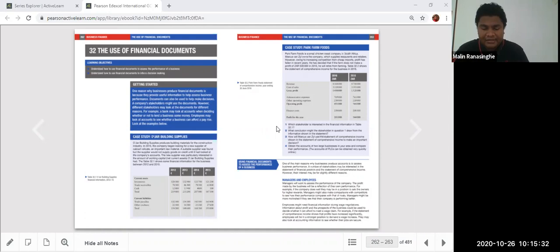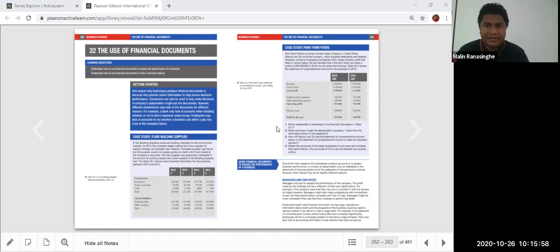There are chartered accountants, there are management accountants. Accounting is, I would call it, a highly demanding job in the world. So many people are working as accountants, finance managers, chief financial controllers, financial directors. So these things are really important. They are the ones who make the company profitable. They are the ones who make the decisions about the treasury of the organization.